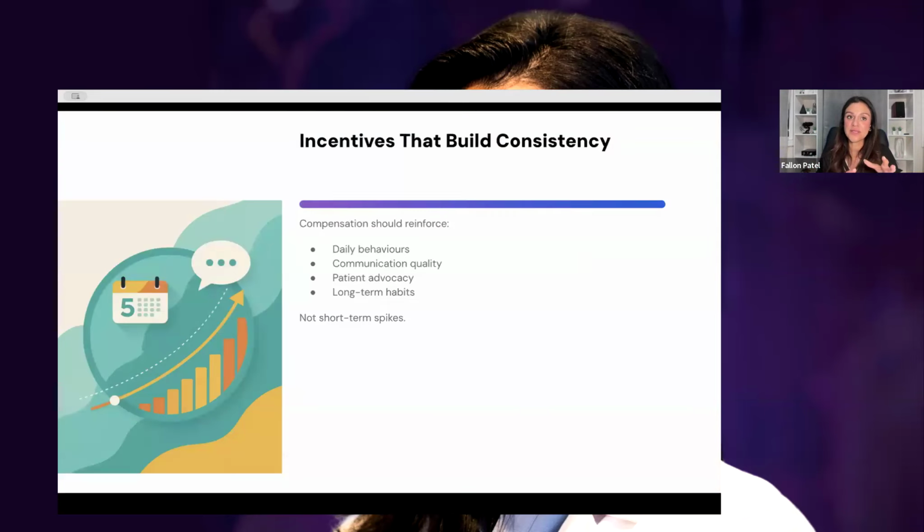And so we talked a little bit on our last call about incentives and when we hire and how to create incentives for your team. Here we're talking about incentives that build consistency for sales. And this is really, really important because we're talking in the department of sales. So when you are hiring somebody, let's say you have a sales lead or sales position, often I'm going to compare big